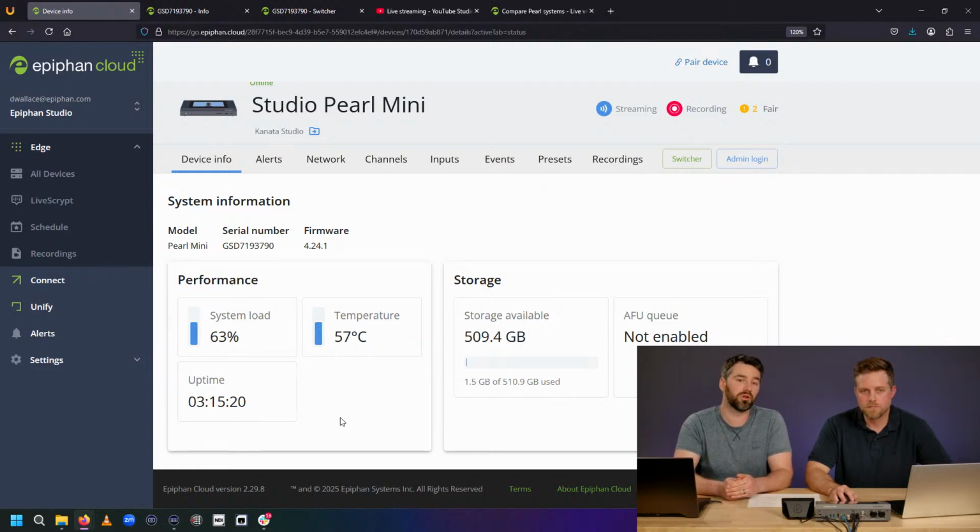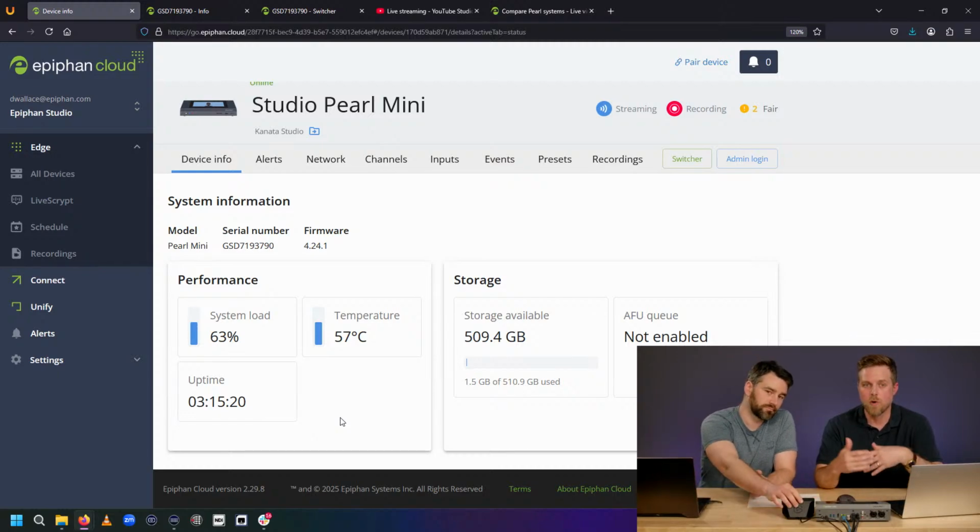Generally, if you're seeing high CPU load, it's because you've overconfigured the device. Too many channels, too high bit rates, or too many inputs. We also have the ability to add media files, like video playback, into layouts, and I've noticed that too many video playbacks will spike your system load. So if you need more headroom, maybe you need to step up to something like a Pearl 2 to be able to do more concurrent encodes. Or try to reduce how many inputs or channels you're doing at once, or reduce the bit rates of those channels.